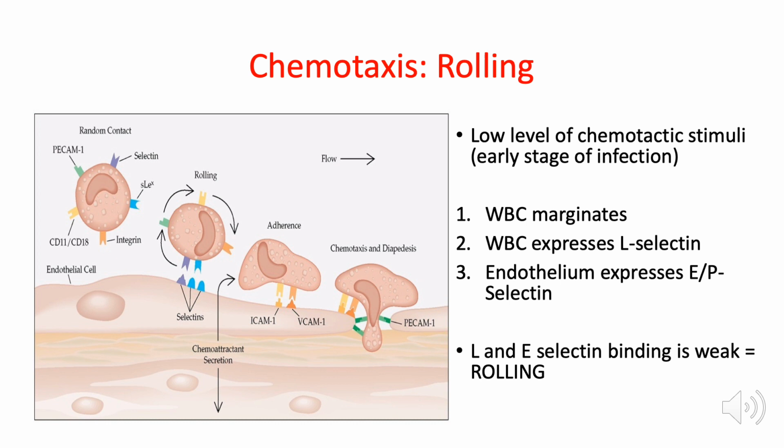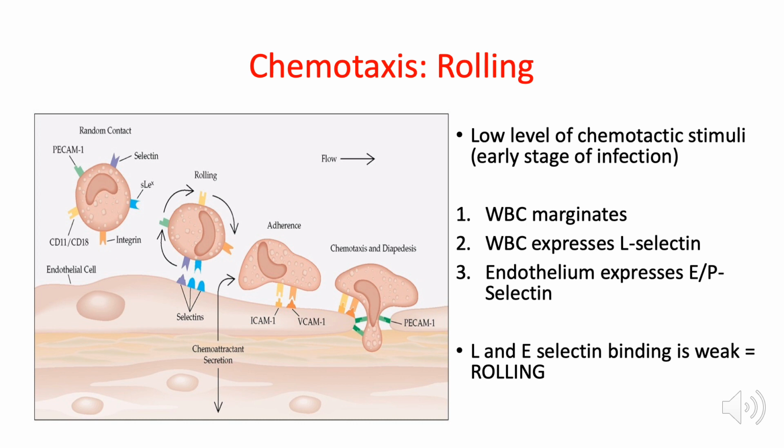Okay. So, what will happen is, from the central portion of the blood, the white blood cell will migrate towards the endothelium or the wall of the blood vessel. So, it will go from the central to the margin. That's why the step or the process is called margination. I want you to imagine as the white blood cell is traveling or migrating from the central portion of the blood vessel towards the margin or the wall of the blood vessel, this white blood cell will also start expressing on its surface